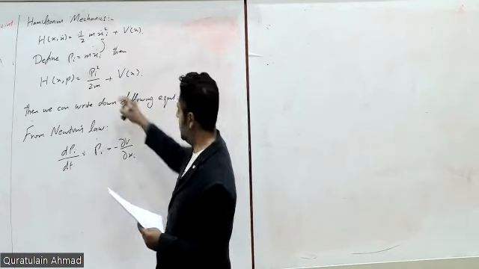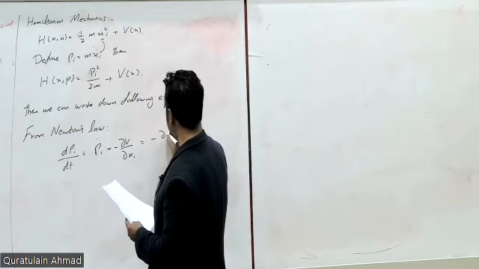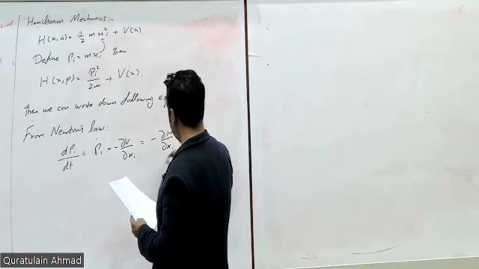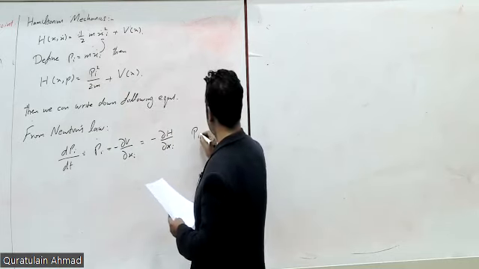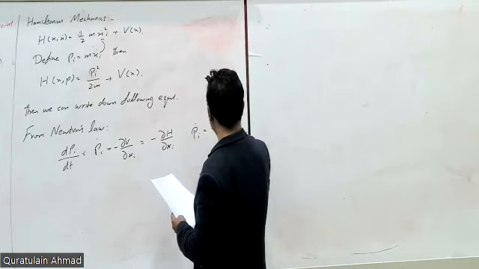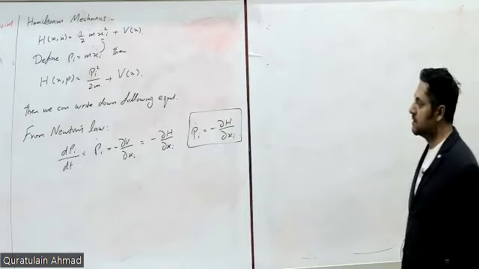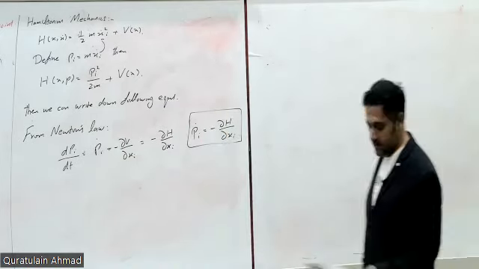But looking at over here, I can call it minus dH over dx i. So I like this equation. p i dot is this. And from the definition, this definition,